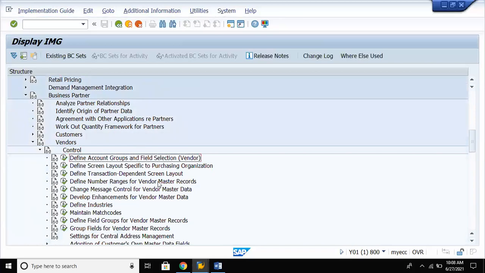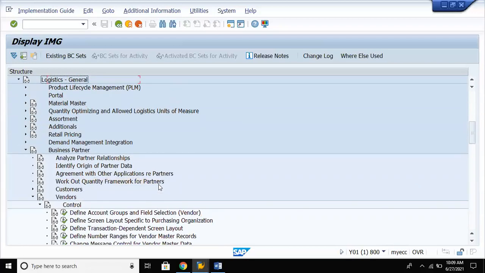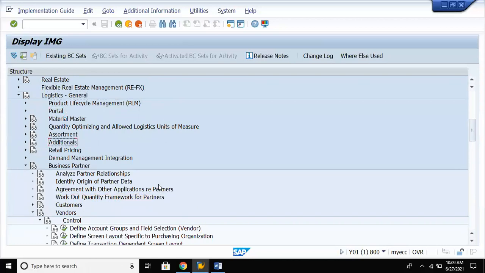Let us define account groups for vendors. First we will configure this step. SPRO, IMG, Logistics General, then Business Partner, then Vendors, then Control, then Define Account Groups and Field Selection.